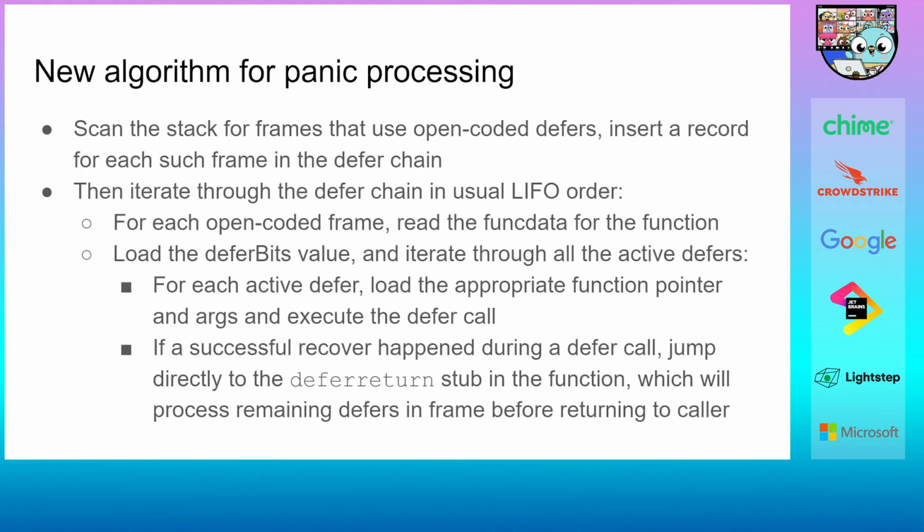We then iterate through the defer chain in the usual last-in, first-out order. We handle records for non-open-coded defers in the same way as before. For each record indicating an open-coded frame, though, we read the funcdata for that function. This allows us to load the defer bits from the stack frame. Based on the defer bits value, we iterate through all the active defers. For each active defer, we use the funcdata to load the appropriate function pointer and args, if any, and make